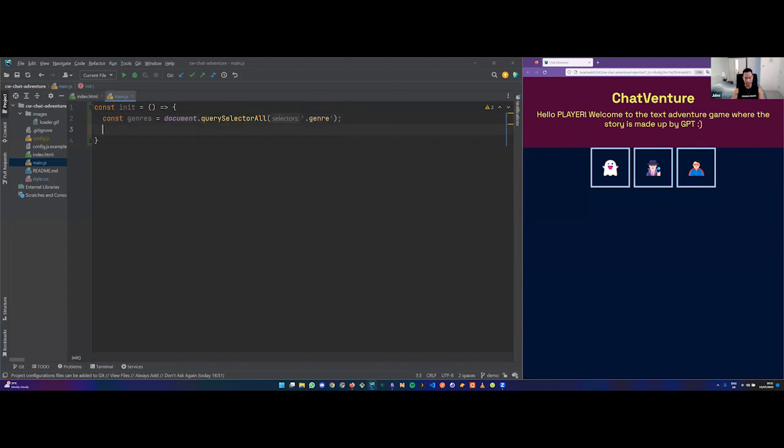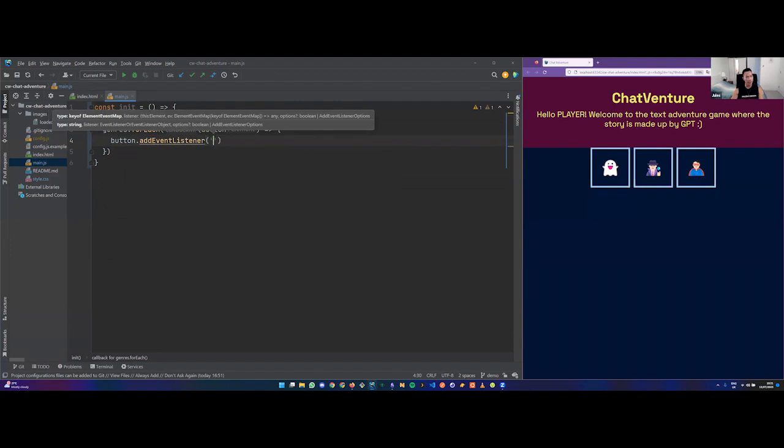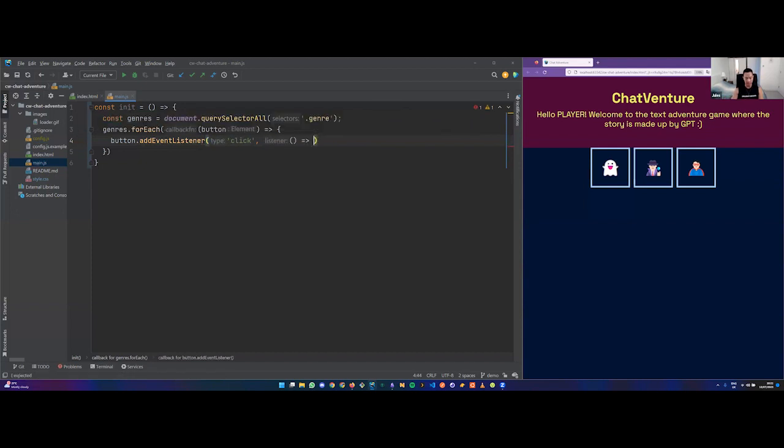And what I'm going to do for this is say genres.forEach. So for each genre, which is a button, I'm going to call button.addEventListener. So I'm adding an event listener, and the specific event I'm going to add is click, so that whenever I click on the buttons, it will pick up the click event and do something. For now, all I'm going to do is send an alert message saying